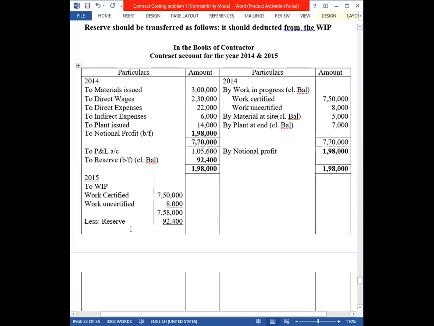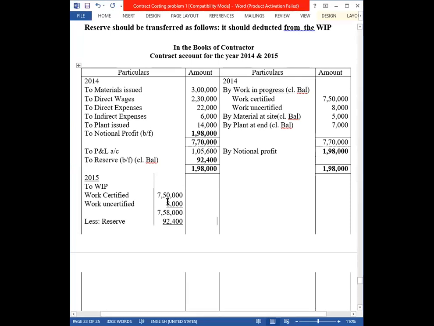Either you can continue in the same table, or you can show it in a new table. Generally in the exams, they will be showing the same table only. Okay, it's for the exam purpose, but in the books and all, we will always be showing it separately. Every year we will be closing and you will be opening a new one. Same way you can start, or you can continue in the same, because the number of items is very less. So we will be continuing in the same table only.